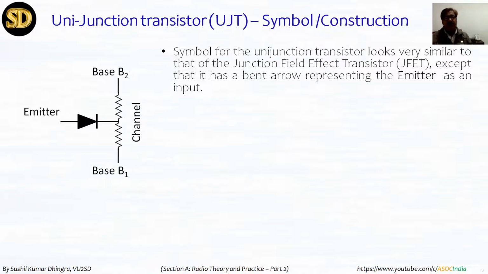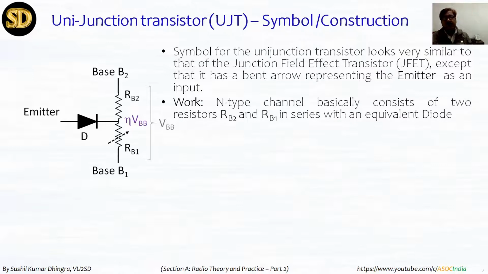So actually what is the construction? If you remember, in BJT I told you there are 2 diodes face to face working in either direction, and on the base of that one it is conducting. But in the case of UJT, this bar is working as a divider. This bar is working as a divider, and the emitter is working as an input.